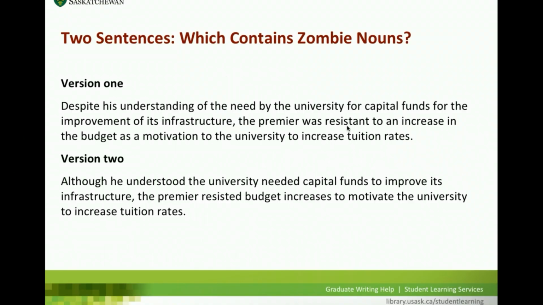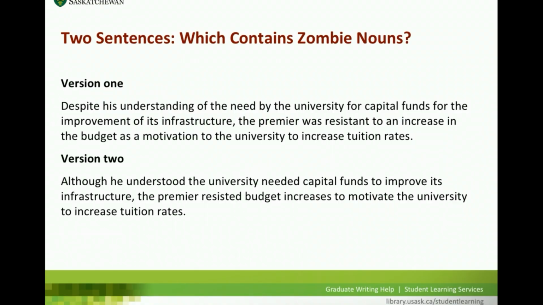Then in version 1, we have the zombie noun an increase, which changes to the verb increases in version 2. And in version 1, we have the zombie noun motivation, which becomes the infinitive to motivate. And then, in fact, there's no change here: to increase as an infinitive in version 1 and the same in version 2. So you'll notice, and hopefully you noticed when I read this out loud, how wordy version